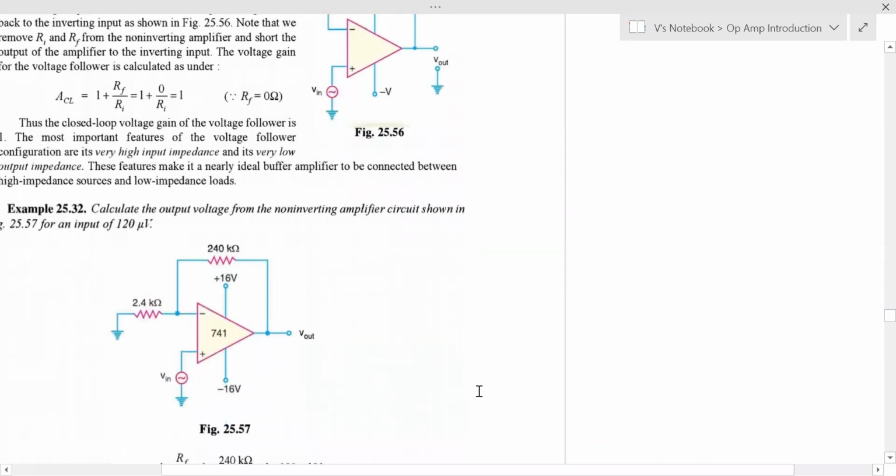Now we will solve problems. Is there any disturbance because the internet bandwidth is not so strong? Anybody can speak. Are you getting it clearly? Or type in the chat box. Okay. Thank you, Sujit.